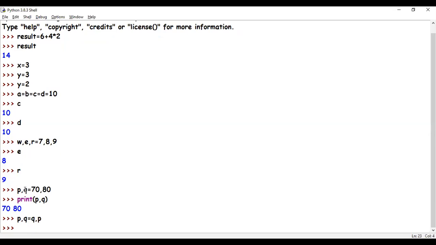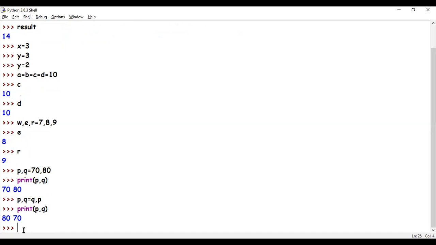How will it work? Q's value is 80, so this 80 will go and save in P. Now, P's value is 70. When Q gets its value, this 70 will go here and this 80 will go there. So now if I say print P, Q, it will print 80, 70 and it's a swap. So we have swapped values of two variables without using a third variable.